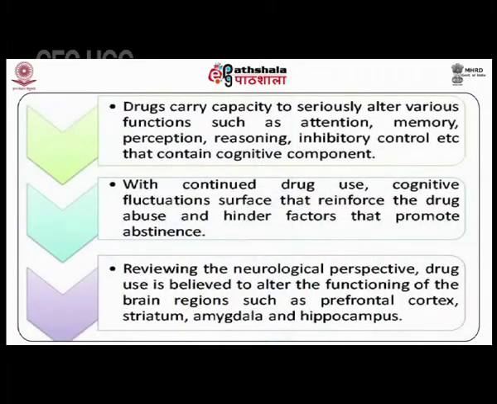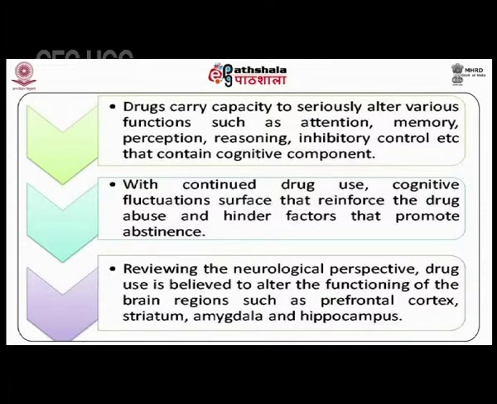Considering the psychological perspective, addiction is viewed as a disorder of altered cognition. Drugs carry the capacity to seriously alter various functions such as attention, memory, perception, reasoning, inhibitory control, etc. that contain cognitive components. With continued drug use, cognitive fluctuations surface that reinforce the drug abuse and hinder factors that